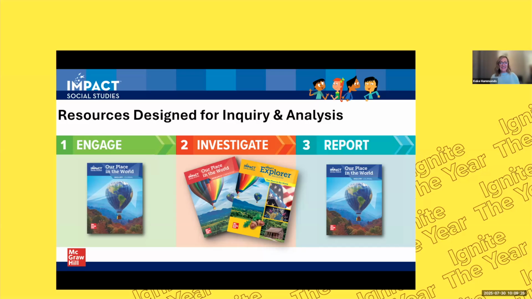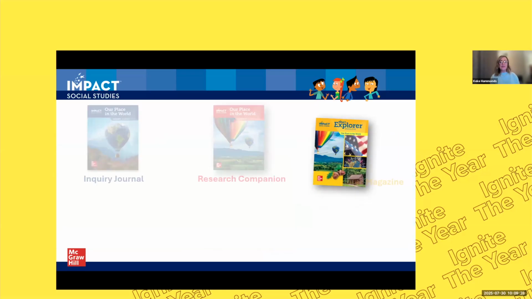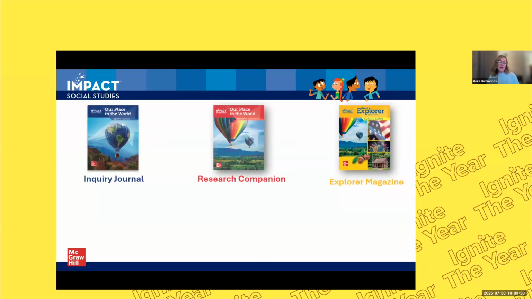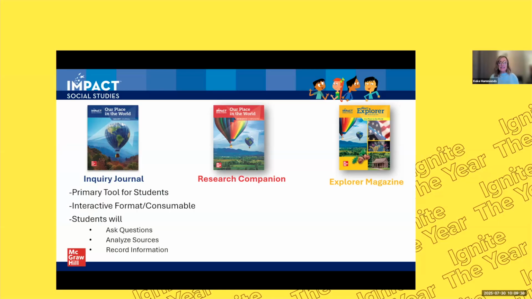Okay. All right. So these are the 3 pieces of materials that you're going to find for your students. These are the student components. And the first on the left side of my screen is your inquiry journal. This is a write-in text, a consumable resource. The pages tear out, they're perforated. Students can write in the text. This is the primary tool. It's also available interactively online. This is where students ask questions, analyze